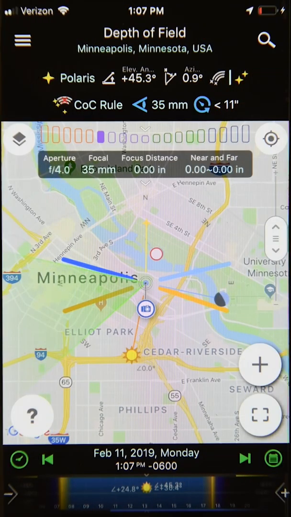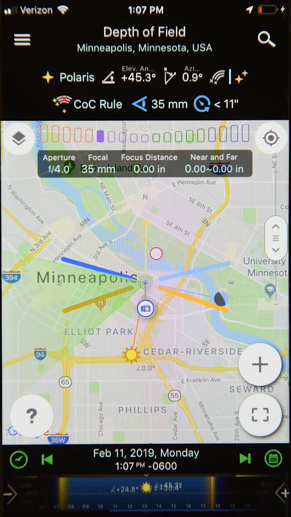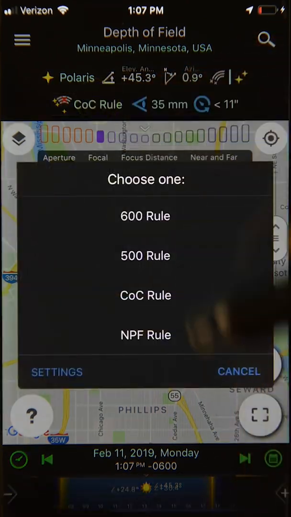Okay, so does the COC rule prevent star trails completely? Well, no. I mean, any rule here is a compromise between enough exposure and star movement. Unless you're using an equatorial mount, as I mentioned earlier, there's going to be star movement even if you just shoot for a second. Still, with modern camera and lens systems, we can get enough exposure with even shorter shutter speeds. So now, let's introduce our third rule,